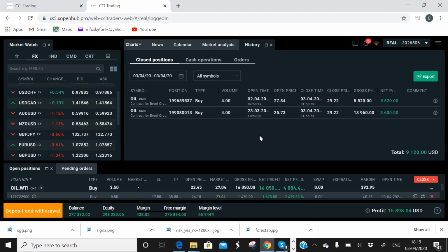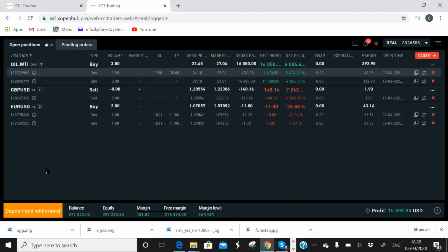Okay, I think the network has not been able to close yet. This is where you see the history of your positions, the things you have done so far. You can see that I gained some profit here, I gained oil here. I think this one has not closed. Let me check very well. No, it has not closed. Let me close it again.